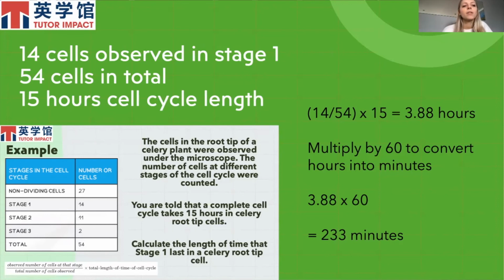So what we're going to do first is we're going to calculate the number of cells observed at stage 1 divided by the total number of cells observed in total. So what we need to do is get our calculator, and we need to put in 14, which is the number of cells observed in stage 1, and we're going to divide that by 54. And you'll see that the answer to that is 0.25925, etc. And then we need to times that by 15, as that is the total length of the cell cycle. And you'll see when we times it by 15, you should get